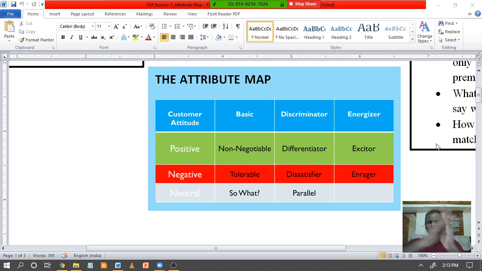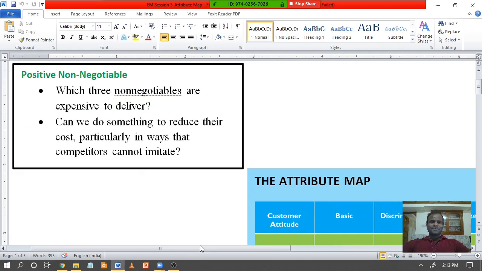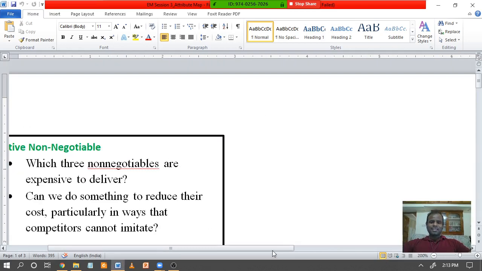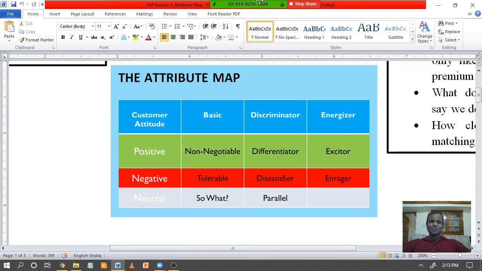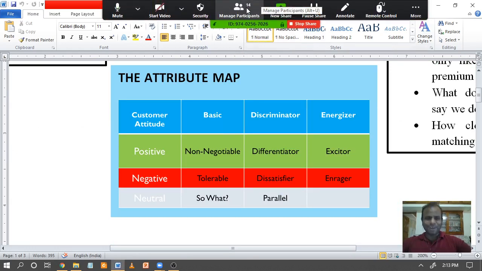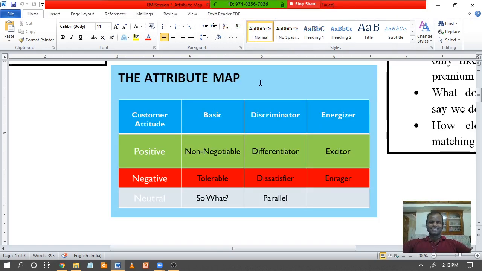Any guesses which product I would have chosen? Anybody can guess what product I would have chosen? No? Is it the mask? It's not the mask, because mask is what we discussed in the last session. Any guesses? Something that you use on a daily basis. Mobile, okay. Something that you use first in the day when you get up. Toothpaste. Yeah, exactly. It's a toothpaste.